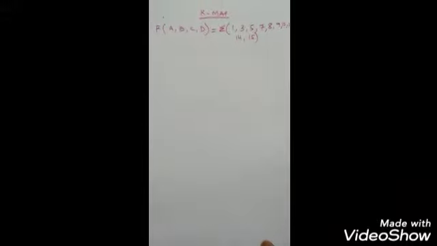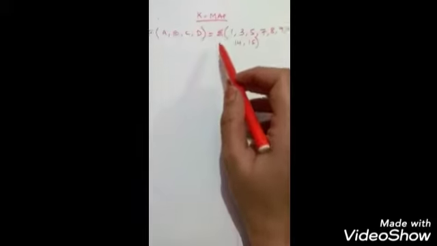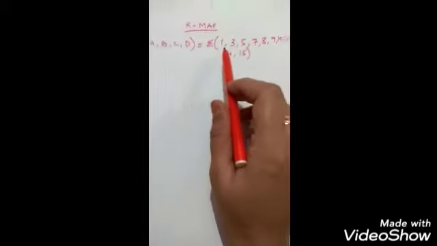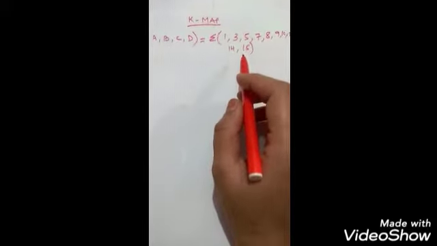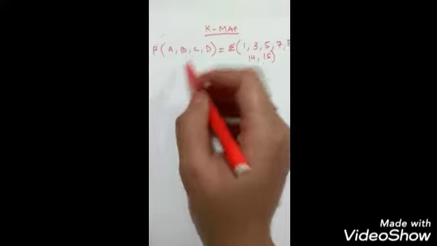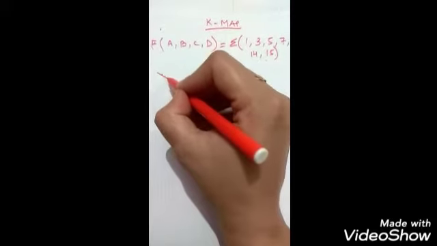So class 12th, we will discuss now how to solve the given Boolean function. A Boolean function is given, and we will see how to reduce it and find the SOP expression with the help of a K-map. First of all, since 4 variables A, B, C and D are given, we will construct a 4-variable K-map.